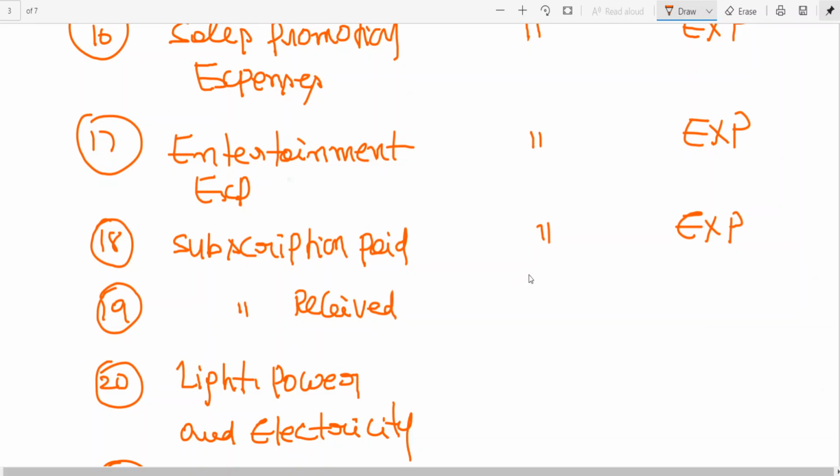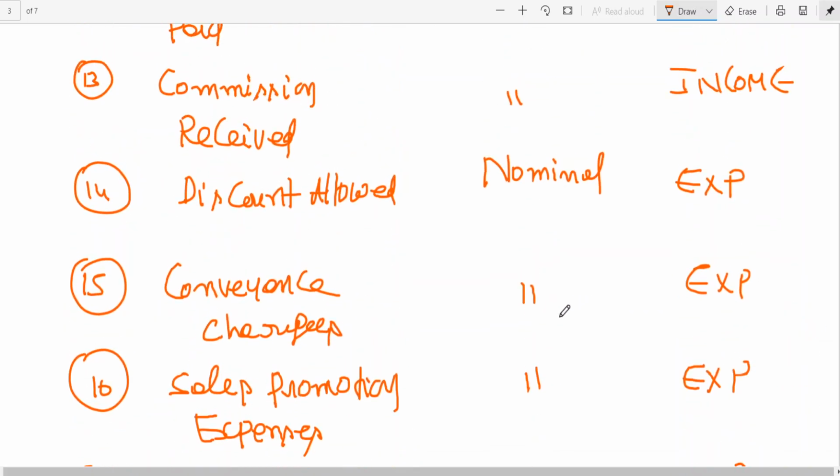Subscription receipt, somebody is taking subscription from you. Say I have a big library, and the people who come to my library may be paying some subscription for enrolling. Subscription is nothing but enrollment. They may come and sit for hours together referring to the books. For that they need to make a payment. Subscription received is an income, a nominal account. You can note here, whenever you have income or expenses, what is the common thing we are using?